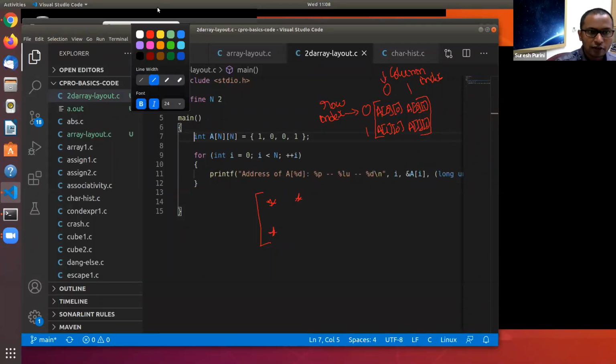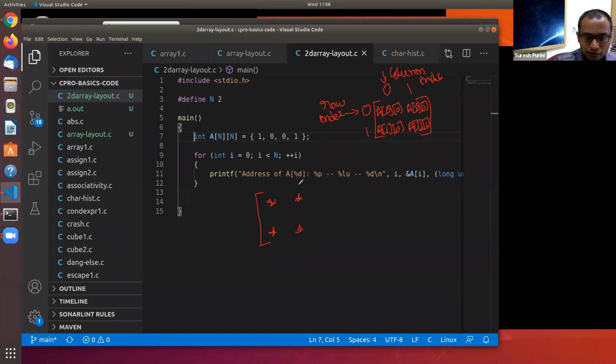For the sake of simplicity, let me use a simpler notation: A00, A01, A10, A11. This two-dimensional array is mapped in the memory as a linear sequence of bytes, and it is stored in what is called row major order.